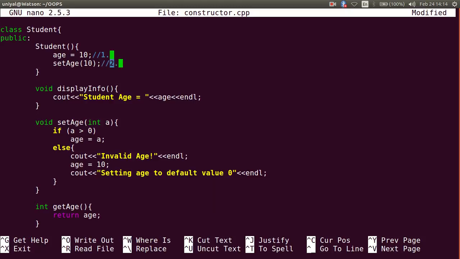I will comment here. Is the first better than the second? The answer is no. This way is better than the first. Question? Yes. Why? This thing we will be discussing in our next lecture, why this function calling is better than this first one.